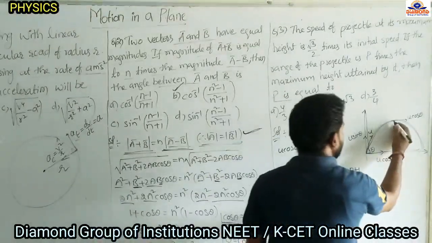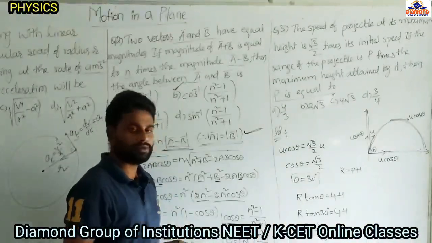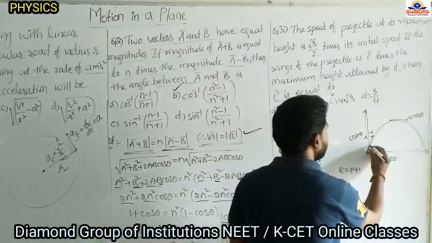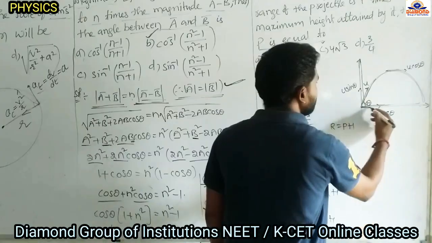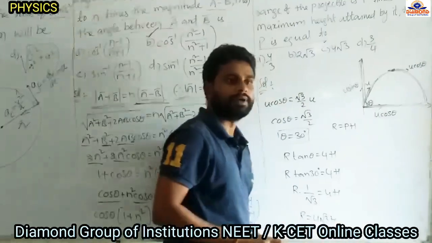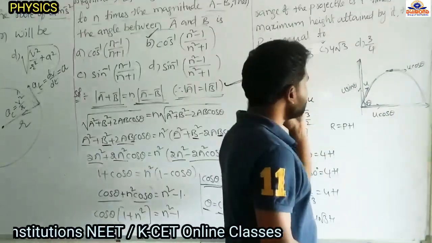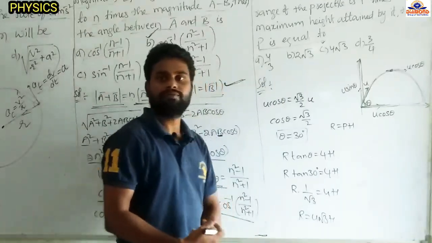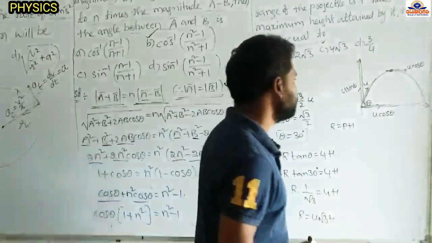So at the maximum height, already we know the velocity is minimum, but it is not equal to 0. At the maximum height the vertical component is zero. Now we are projecting one object with u velocity by making theta angle with the horizontal. It has two components, u cos theta and u sin theta. At the maximum height the u sin theta will become 0, but u cos theta is not equal to 0. That means here we have two cases, horizontal and vertical. In the horizontal direction we have to assume uniform velocity, in the vertical direction we have to assume uniform acceleration motion. That you will get from theory.